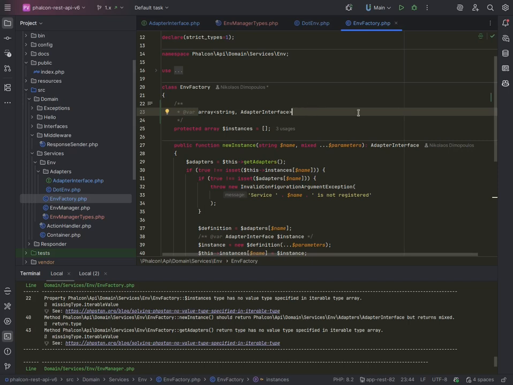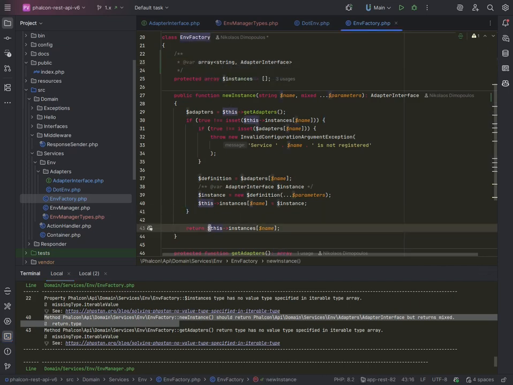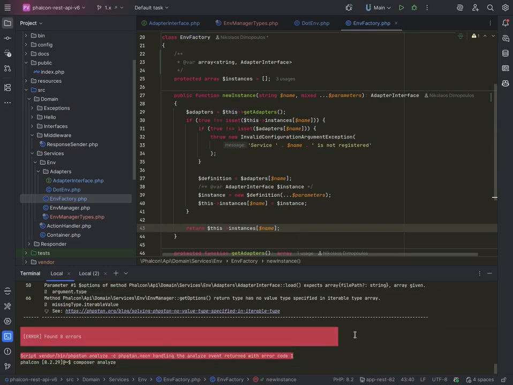Also, it says here method new instance should return adapter interface but returns mixed. This is because we haven't put this one there, so PHPStan doesn't know what this instance's name holds. So if we run it again,